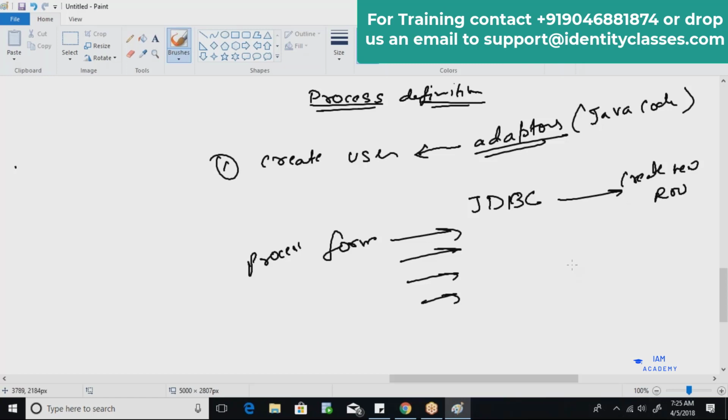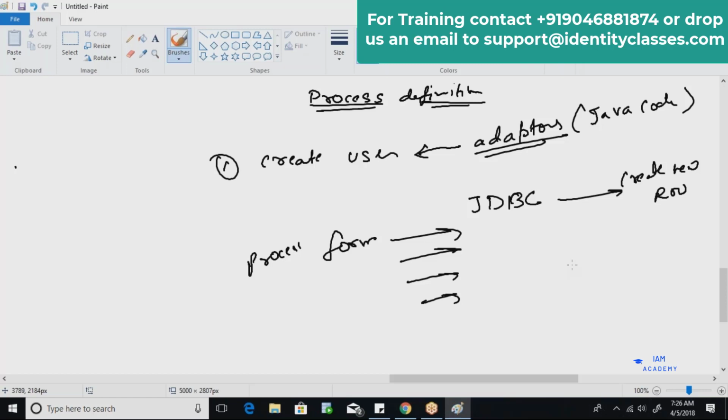Now, when we trigger some sort of task from OIM, we must expect some sort of response from the target system as well, right? There must be some sort of acknowledgement, then only you can say whether the task was completed or rejected. Let's say during the JDBC connectivity there was some error. You will not be able to reach the database because the database listener was shut down at that moment.